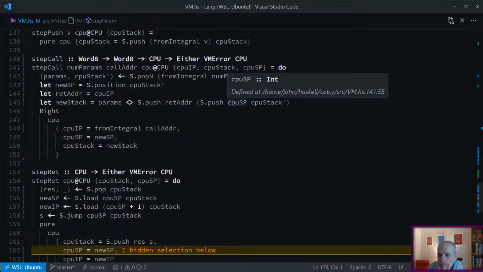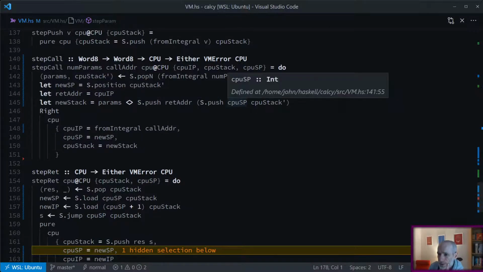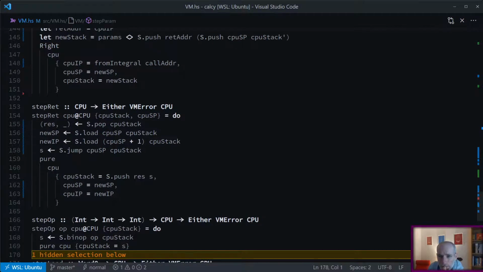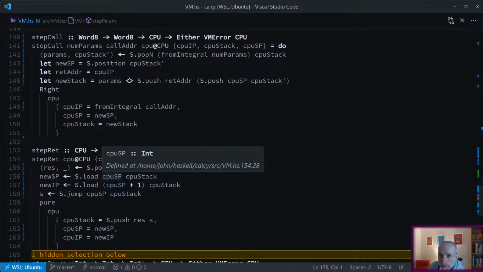then we push stack pointer, return address on, and then params after that. So reading back from the stack, it should be stack pointer, followed by address, followed by params. That might be the wrong way around. I'll have a look at that in a second. So when we get to return, we get a return result just by popping the stack. And the stack pointer is going to be loading from the current stack pointer